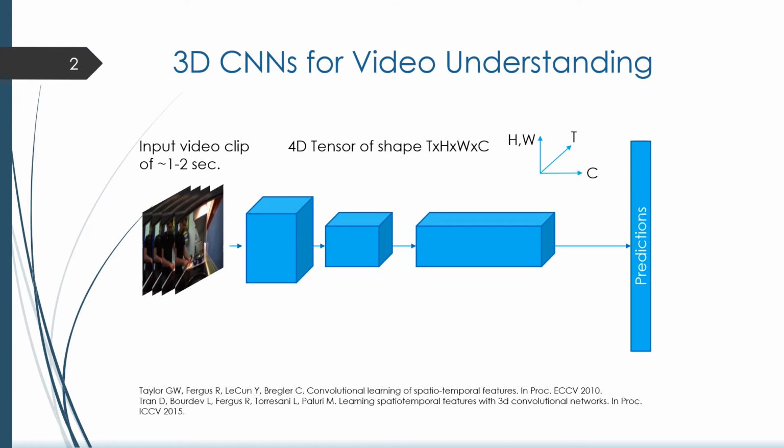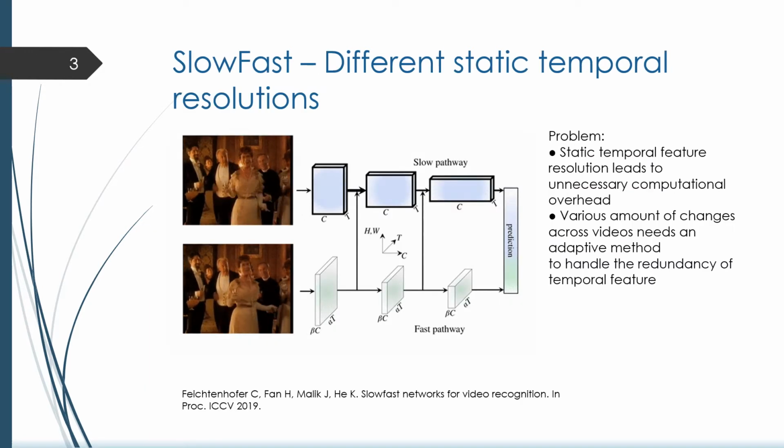While state-of-the-art 3D convolutional neural networks achieve very good results on action recognition datasets, they are computationally very expensive and require many GFLOPs. The GFLOPs of a 3D CNN can be decreased by reducing the temporal feature resolution within the network. For example, SlowFast has decreased the computation cost by employing a high temporal resolution light pathway with a low temporal resolution heavy pathway. However, due to the varying amount of changes across videos, the static temporal resolutions lead to unnecessary